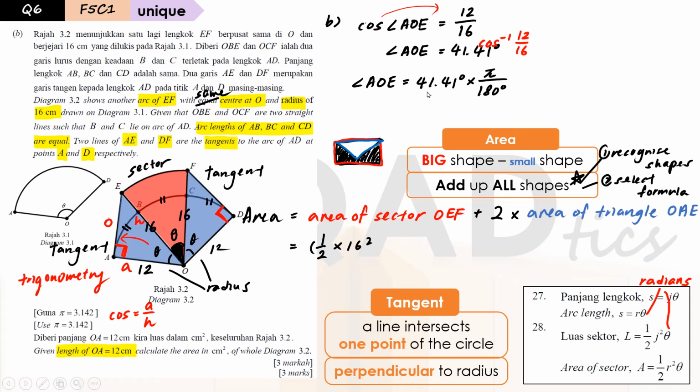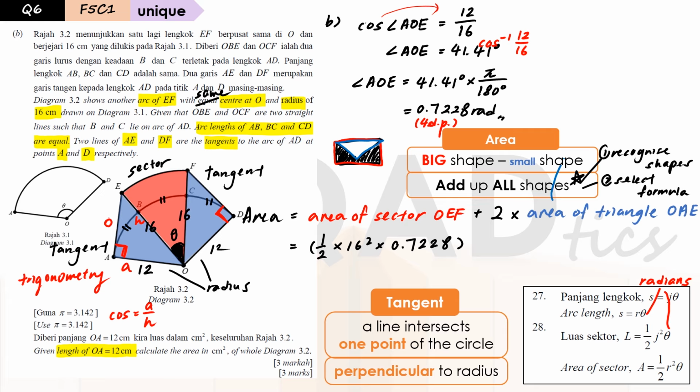So if we put this into the calculator, you'll find that the angle is 0.7228 radians. And make sure this is in 4 decimal places. Okay, so let us put this angle into our working here. So we're going to multiply with the theta or the angle. And to find the area of the triangle, since OAE is actually a right angle triangle, so the correct